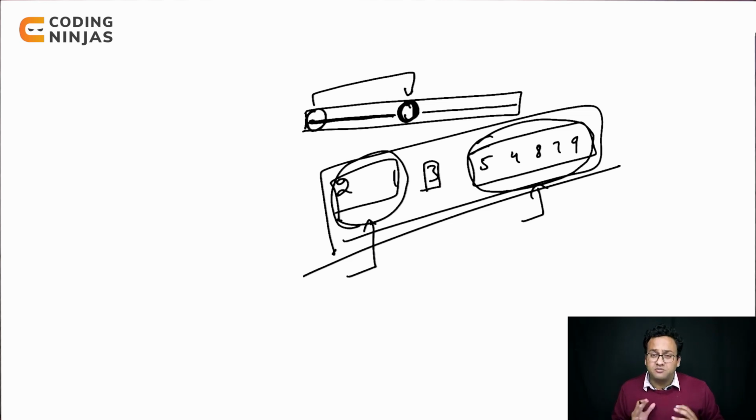So how is it different from merge sort? Merge sort was just calling on the 2 halves. It was not doing any work upfront. Quicksort is doing a lot of work upfront. When the division is done, then it makes 2 recursive calls after the work is done. Merge sort was different. Merge sort was saying call merge sort on the first half, call merge sort on the second half. Now assume these 2 are sorted and then merge them together. But quicksort is doing a lot of work early on and then calling recursion afterwards.